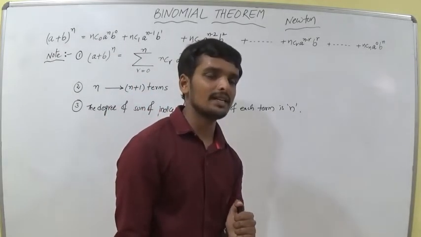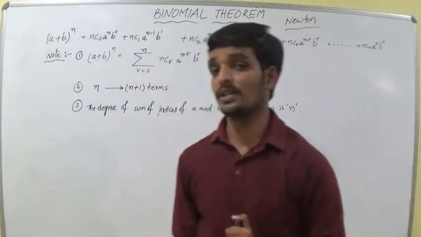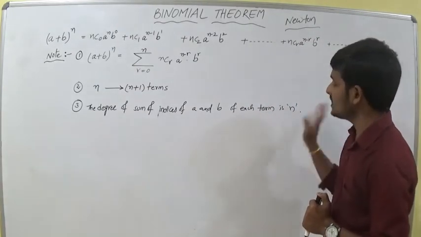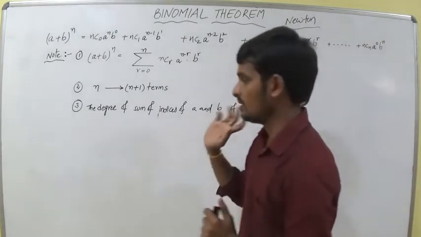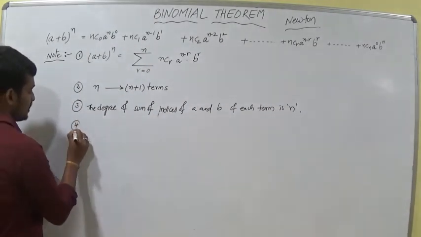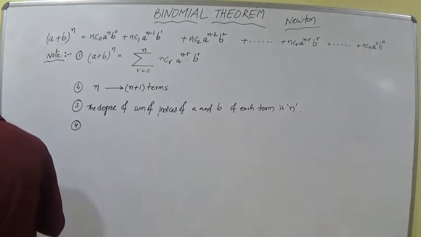If every term has a and b with some exponents, their sum for each term is n. This is the third point. And now the fourth important point is: